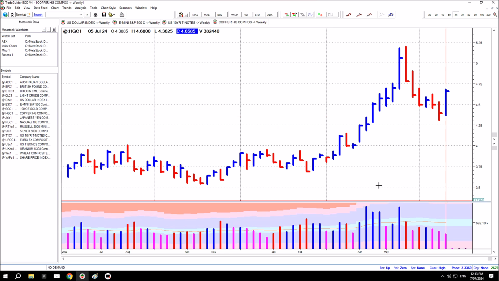Copper price futures. Copper price futures recovered nicely this week. There was an attempt back here to stabilise the market. There was a weekly push lower here on reduced volume, so there wasn't any serious selling pressure in that market, and it wasn't a breakdown bar. The breakdown bar would normally close near its lows with an increased spread and increased volume, and that bar didn't do so. So it wasn't really a true breakdown bar.